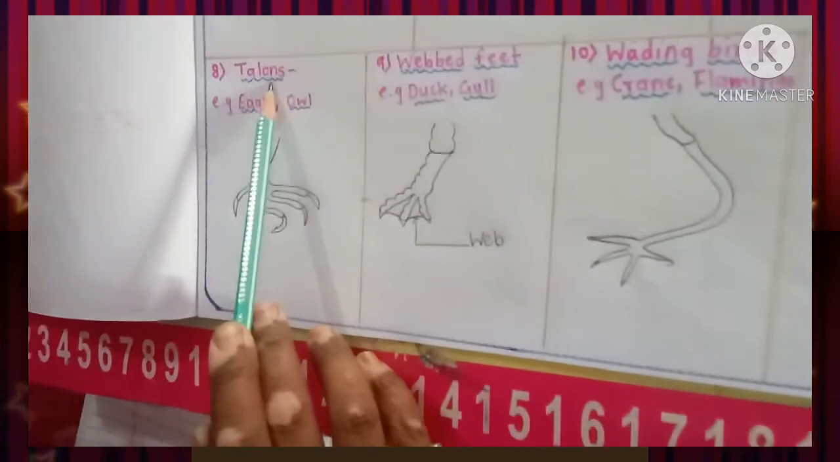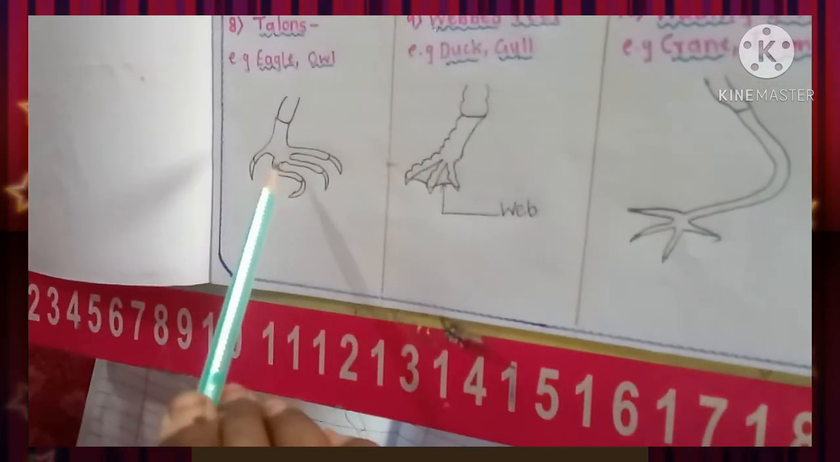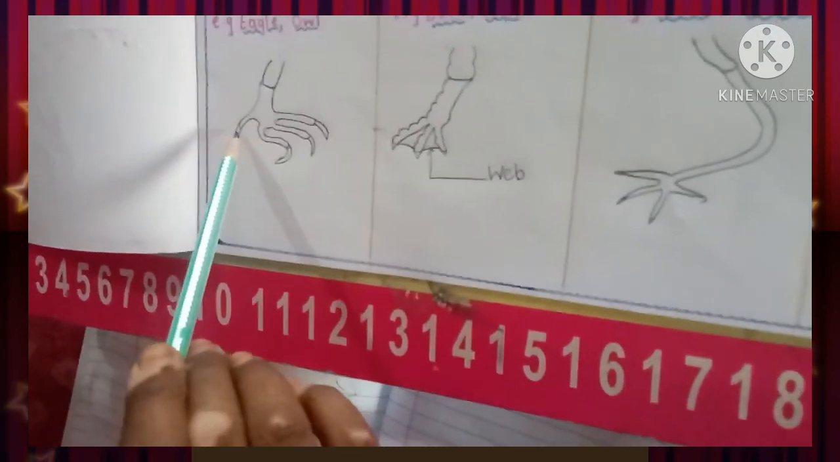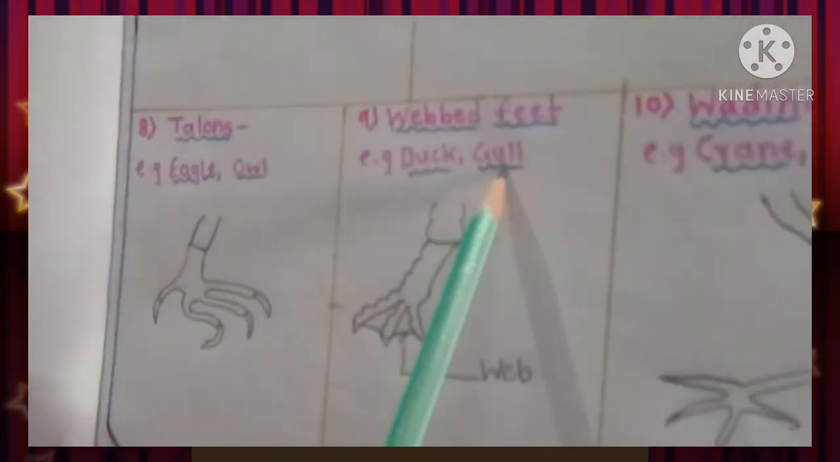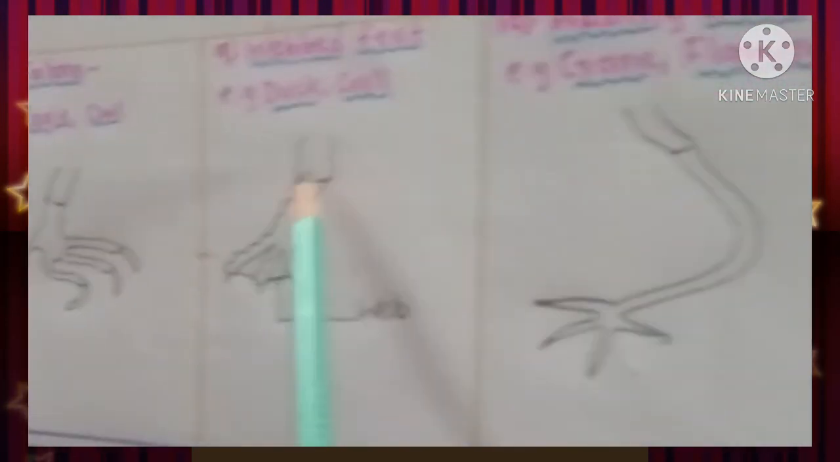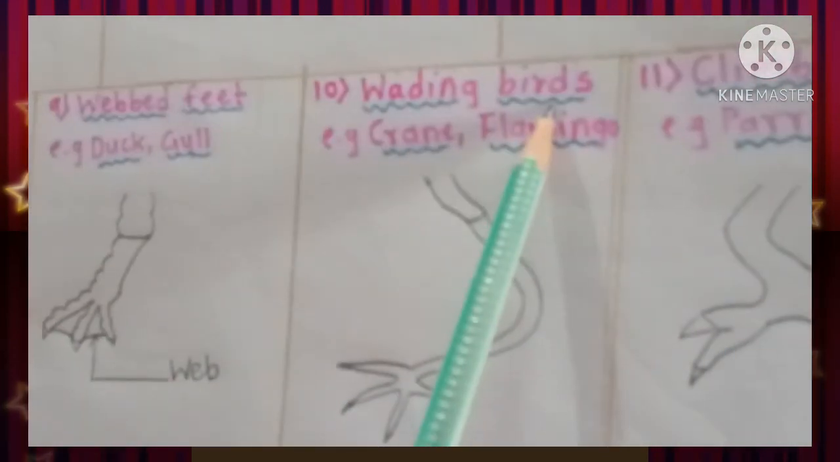Then we discussed the diagrams which are related to feet. First one is the talons. Talons means what? The bird which has sharp toes with curved claws. These are talons. See, this one is a sharp toe and these are the curved claws. It is present in eagle, owl, vulture. Next one, webbed feet. This type of feet is present in duck and gull or all swimming birds. And these birds have a thin layer of skin in between their front toes. It is called a web and it is very useful for swimming. The next one, wading birds. These birds